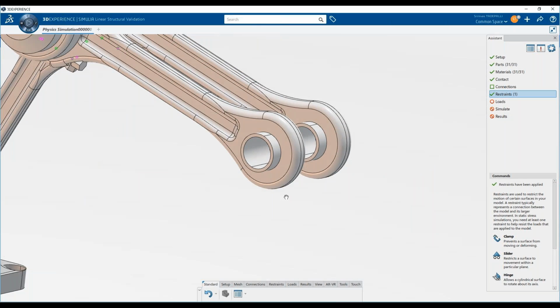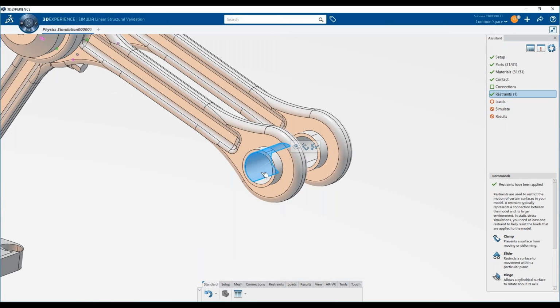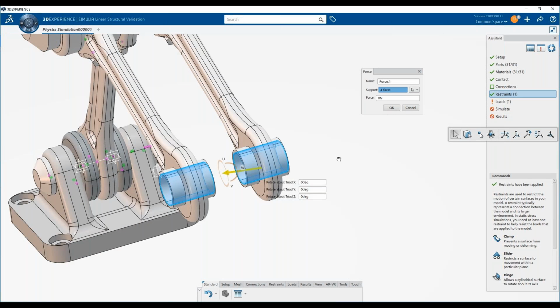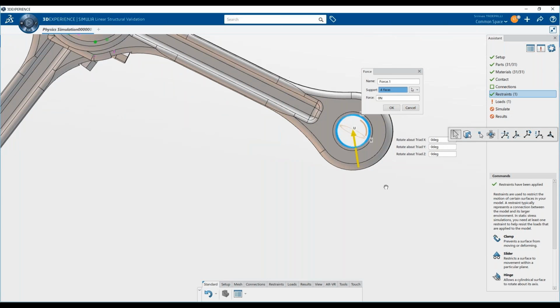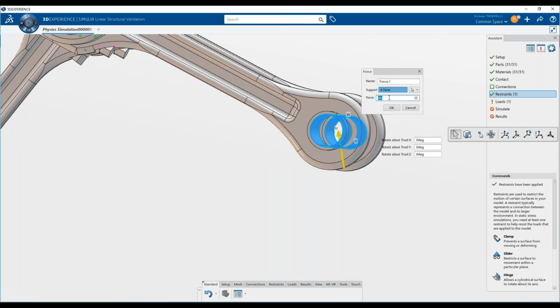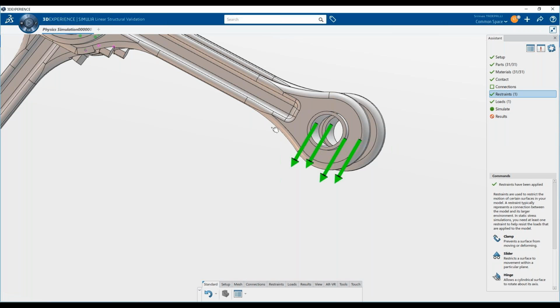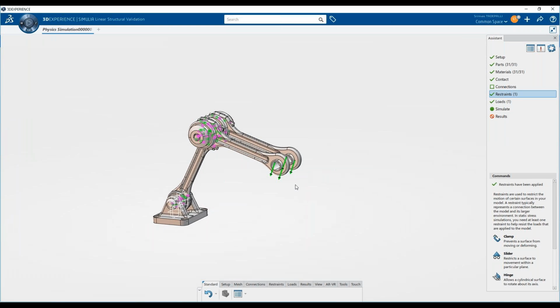You select the boundary conditions. So here we selected a clamping on the bottom, and here we are selecting a force that you can orient along a specific direction, and you can select the value of the force. So it's quite easy and a quite user-friendly interface.